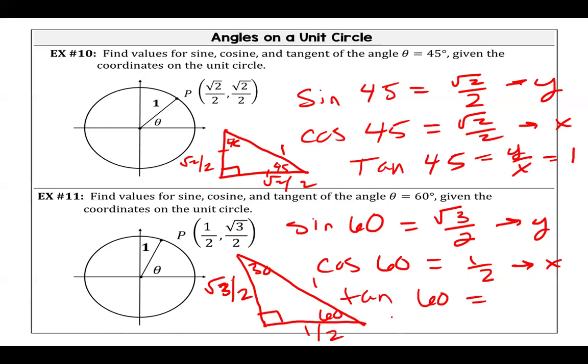So I have square root of 3 over 2, which is my y, times the reciprocal of 1/2. What is the reciprocal of 1/2? 2 over 1. I have a 2 in the numerator and a 2 in the denominator. What do they do? Cancel out. So I'm just left with the square root of 3 over 1. That's cool. What's anything divided by 1? It's